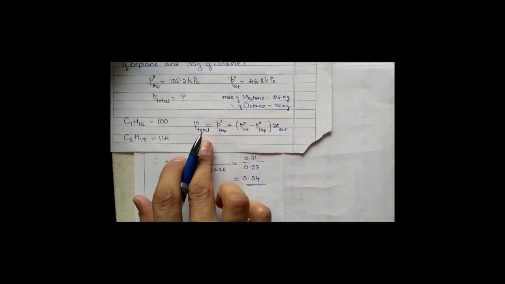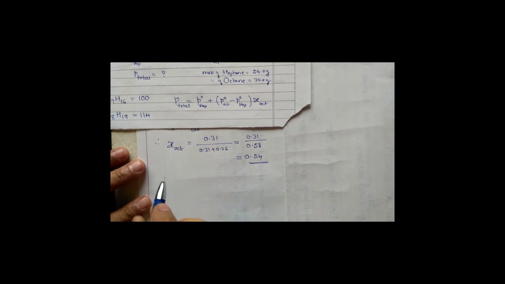0.31 divided by 0.57, that's equal to 0.54. Now you got the mole fraction. Okay, so that you can substitute in this formula. So therefore P total equal to